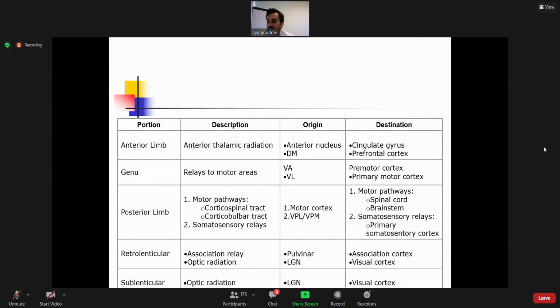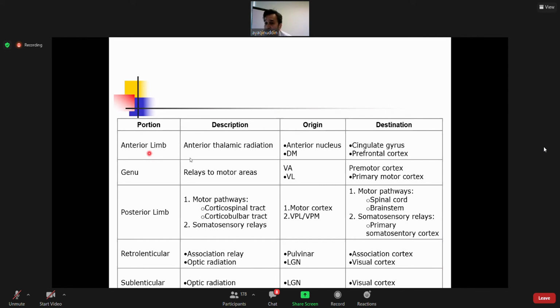There are 5 parts of the internal capsule. One is the anterior limb, which we showed you is the part between the head of caudate and the lentiform nucleus. Then you have the posterior limb, which is between the thalamus and the lentiform nucleus, and where the two parts join is called the genu. Behind the lentiform nucleus, you have the retrolentiform part, and the white matter bundle which passes below the lentiform nucleus and goes to the auditory cortex is called the sublenticular part. Now,